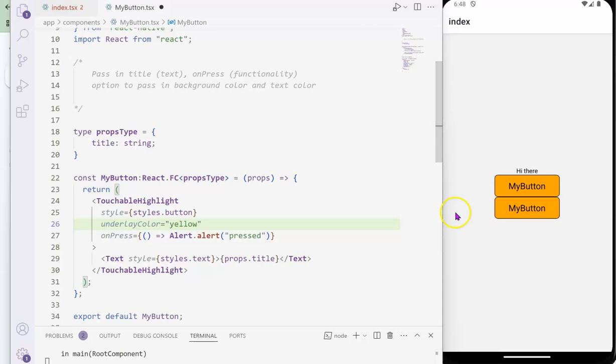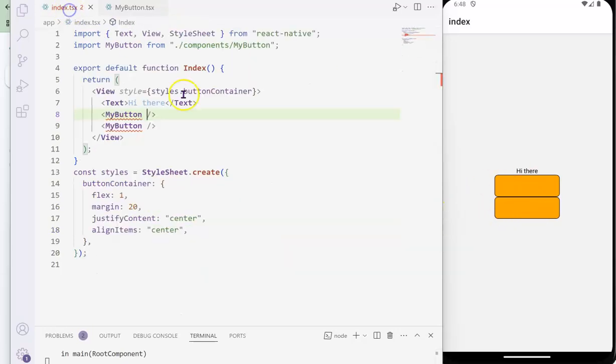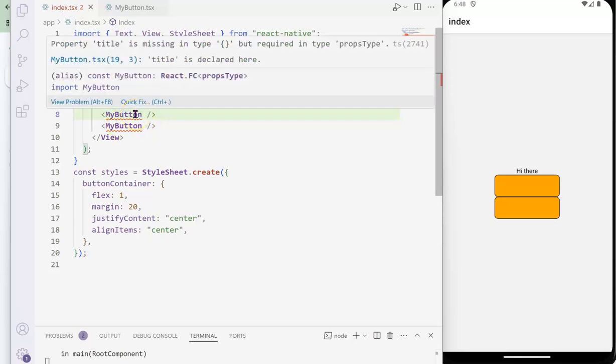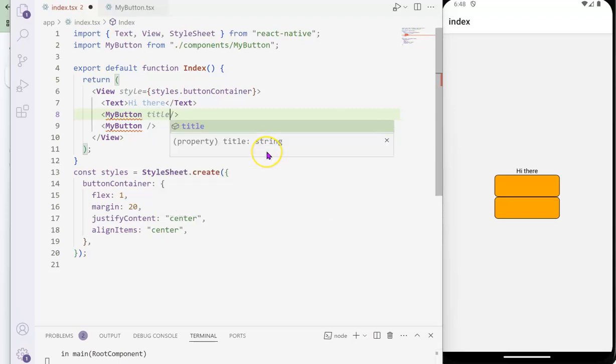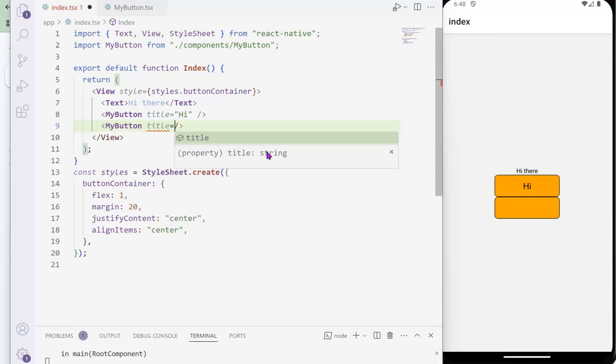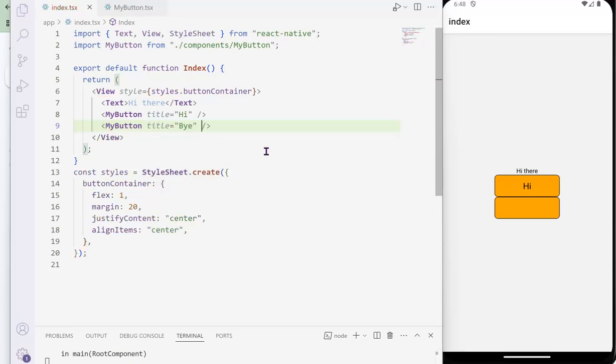Now, when I save this, you're going to notice that the text goes away. That's because in my calling function, I am not sending that prop anywhere, and now it's expecting it. You'll see this error message is saying, hey, hold on, you are supposed to be sending in a title. So I'm going to say title equals hi. And then here I'll say title equals bye. And now you'll notice that these buttons look different. They have different text on them. So we can further